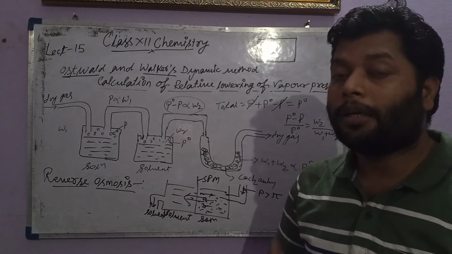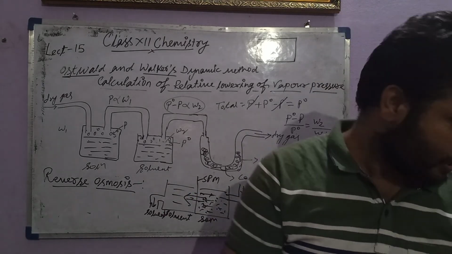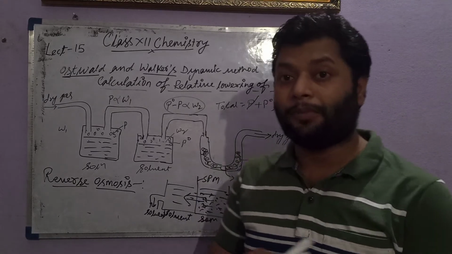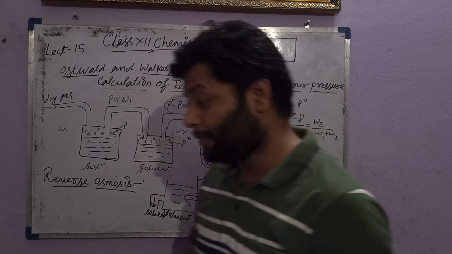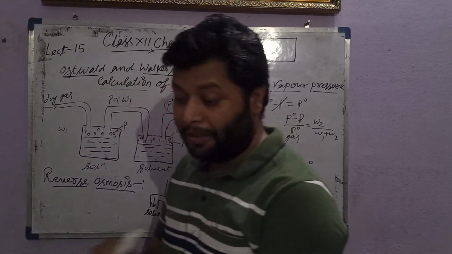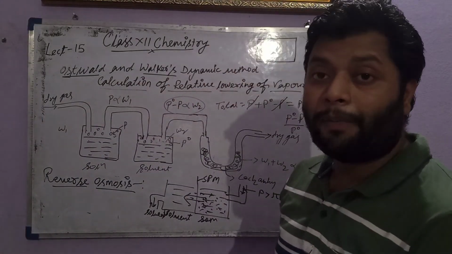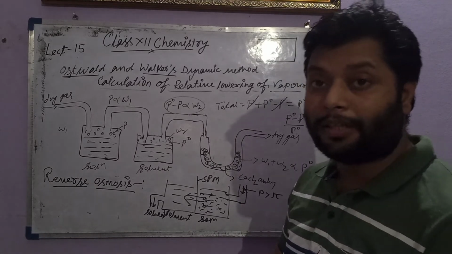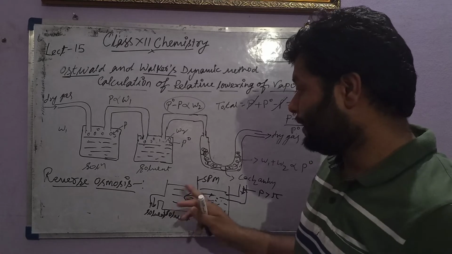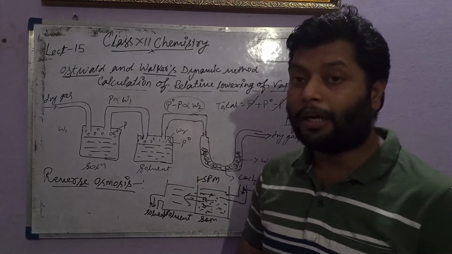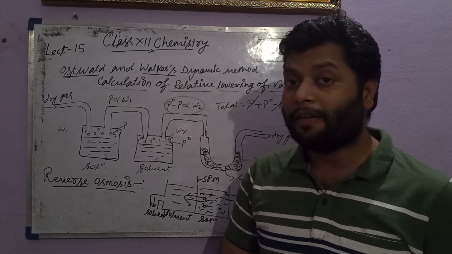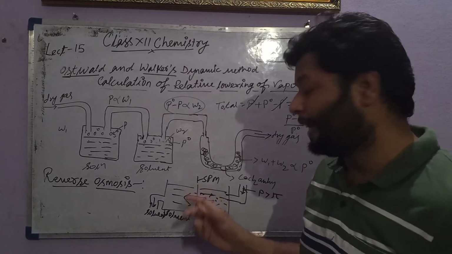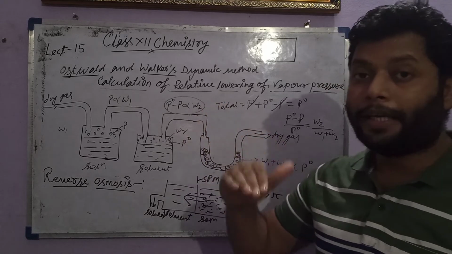That is called reverse osmosis. I have some examples of reverse osmosis. You have to note down these examples because this is one of the most important examples. When we apply external pressure from outside, the SPM should be synthetic and able to bear a high pressure, because the SPM can be destroyed when we apply a high pressure.